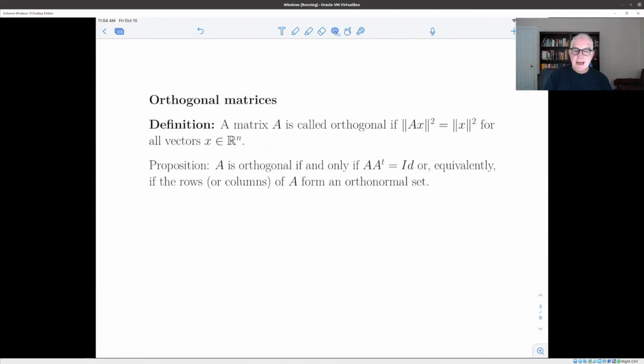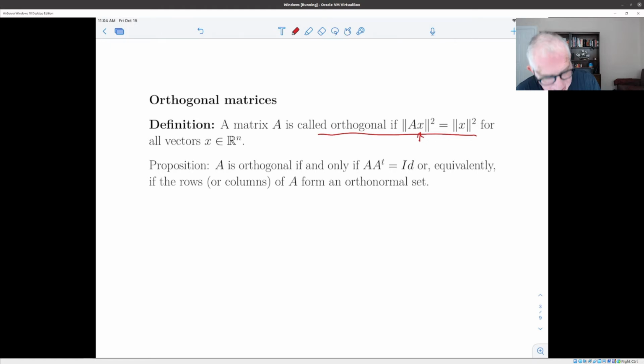Okay, now let's look at what are called orthogonal matrices, and this will lead to another kind of matrix group called the orthogonal group, which is the group of rigid motions of space. So whereas the general linear group is all linear transformations, now we're going to look at matrices which preserve the distance between points. And so we're going to introduce that as a condition, and we're going to say that a matrix A is called orthogonal